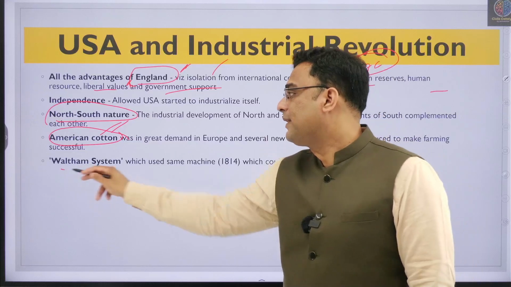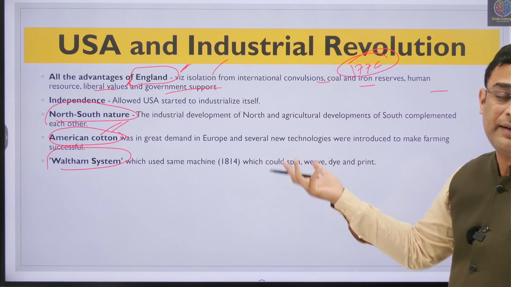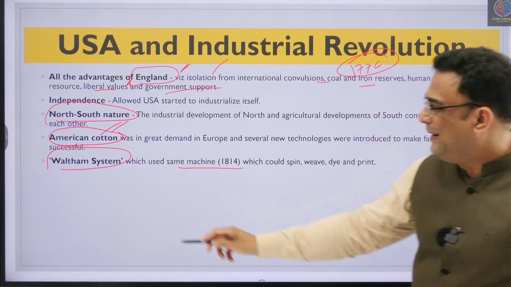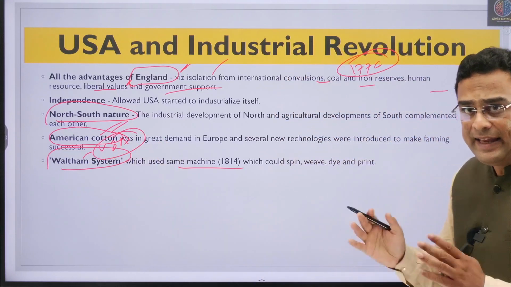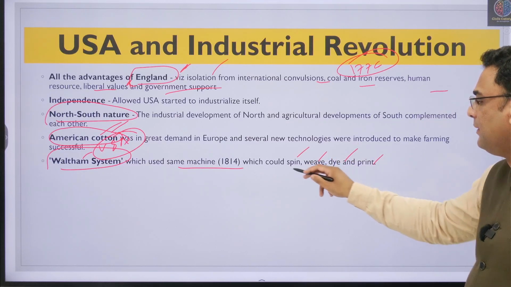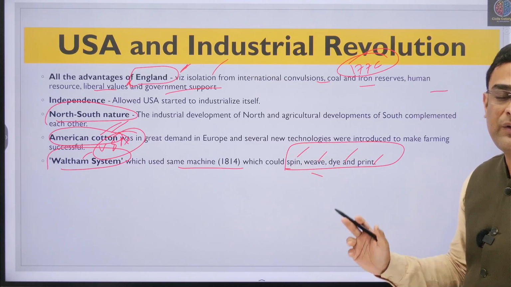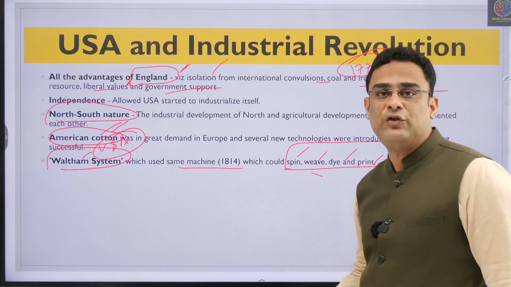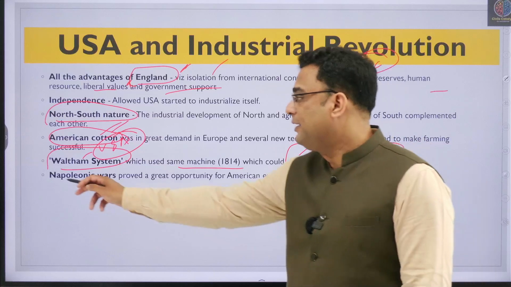अमेरिका में भी काफी सारी डेवलपमेंट्स हुई रिगार्डिंग इंडस्ट्री। हमने एली विटनी के बारे में पढ़ा था। एली विटनी जिनिंग की जो प्रोसेस थी, सो दैट इंडस्ट्री दैट वाज डन इन यूएसए। वॉल्थम सिस्टम, दिस इज अ प्लेस एक्चुअली इन यूएसए। वॉल्थम नाम की जगह थी और यहां पर में एक ही मशीन के ऊपर में स्पिनिंग, वीविंग, डाइंग, प्रिंटिंग, ये सभी कुछ एक ही जगह पर एक ही मशीन पर लेने का सिस्टम यहां पर में डेवलप हुआ, विच इज कॉल्ड एज वॉल्थम सिस्टम। सो दिस वाज आल्सो अ मेजर स्टेप इन इंक्रीजिंग द एफिशिएंसी ऑफ इंडस्ट्री।